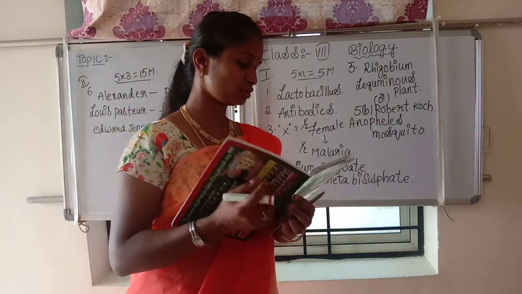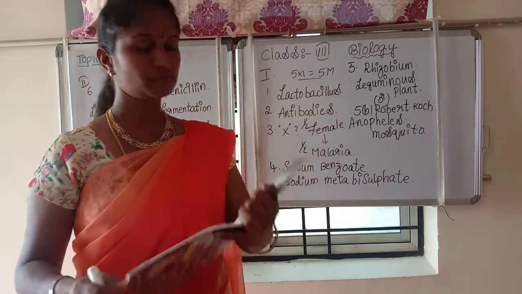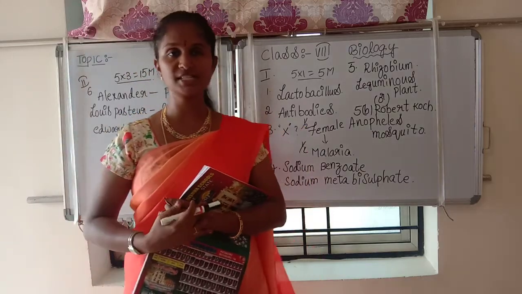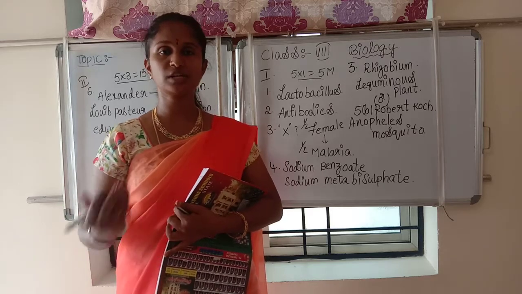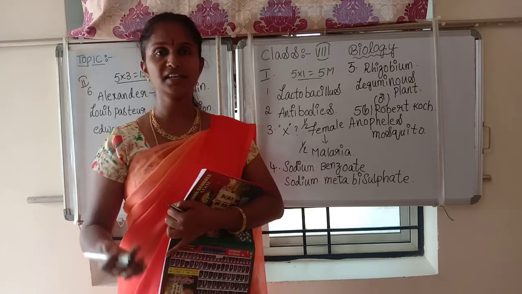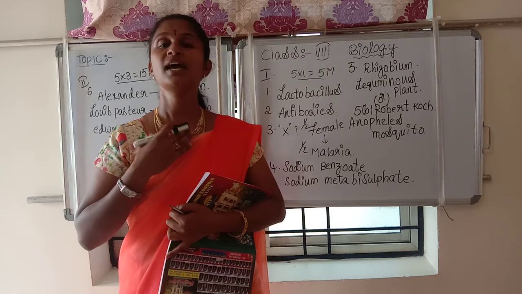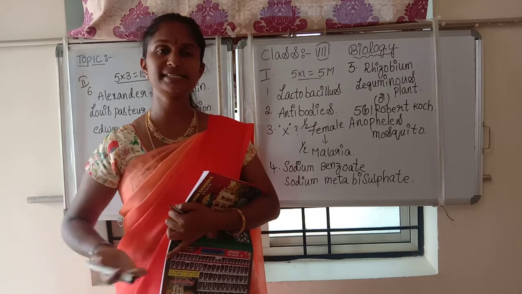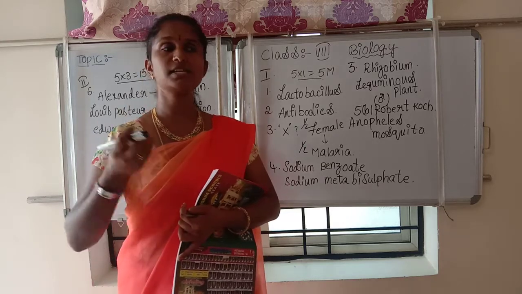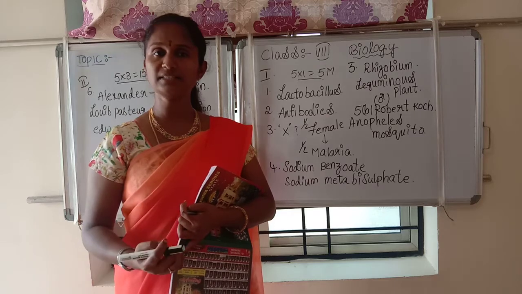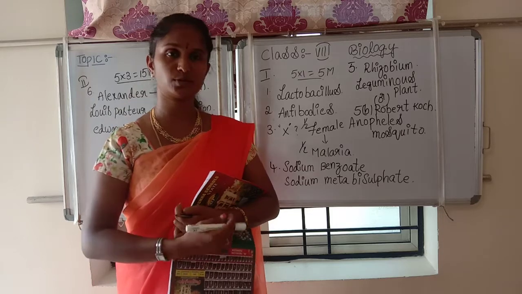And next, seventh question. Explain the nitrogen cycle neatly with diagram. You should draw the diagram of the nitrogen cycle and show how the soil converts the nitrogen into nitrates. Nitrates you should write, and again they will be taken by the plants, and from plants to animals, animals to us when we eat. And again when we urinate and excrete, those compounds will be mixed with the soil. When dead organisms and dead plants decay, at that time again the nitrogen compounds will go to the soil. This was the nitrogen cycle.